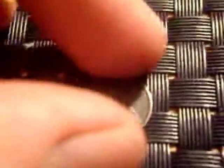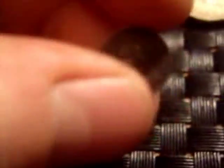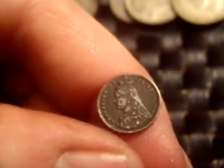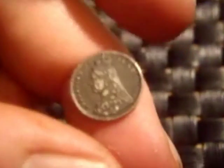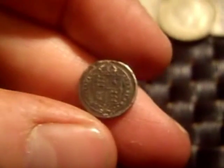Not that one, this one here. Paid 25p for it. It's got a Jubilee head on there, and it says imitation of 1 shilling round the top. It looks to be silver. I thought it was a Maundy